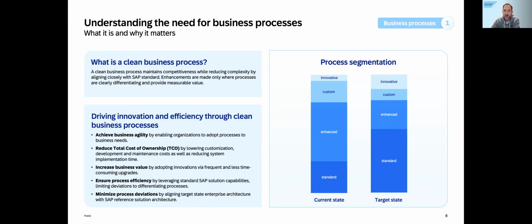When we look at today's organizations and implementations, as I've experienced myself, we can see in this process segmentation visualization on the right-hand side that the level of standard processes, where we really use SAP standard as it was once delivered, or where we use standard enhancements or configurations like SPRO and the implementation guide, for example, creating a new payment term or a new sales order type variant, is rather low.